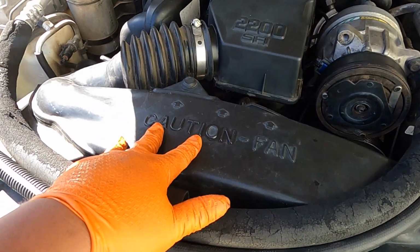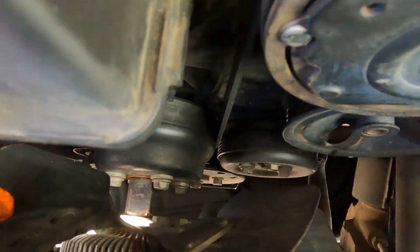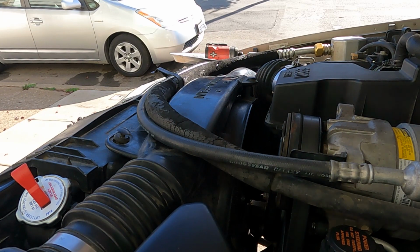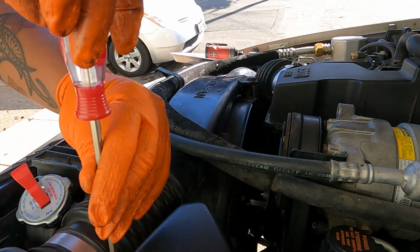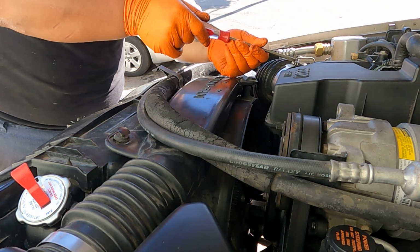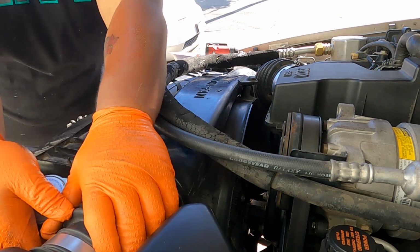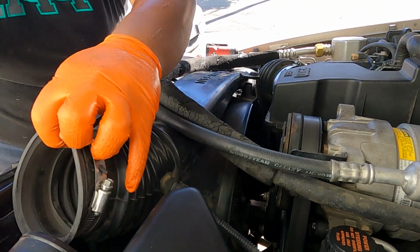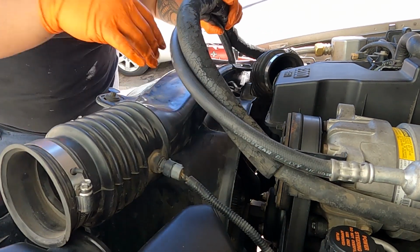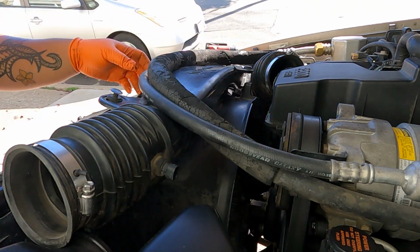From up here I have to take the intake hose or intake duct right here, and then loosen my clutch fan right here. I think they're 36 millimeter. So from here, loosen the air duct. Okay, got that. Loosen this part. Oh, I got the sensor. Take out the sensor just to make sure that